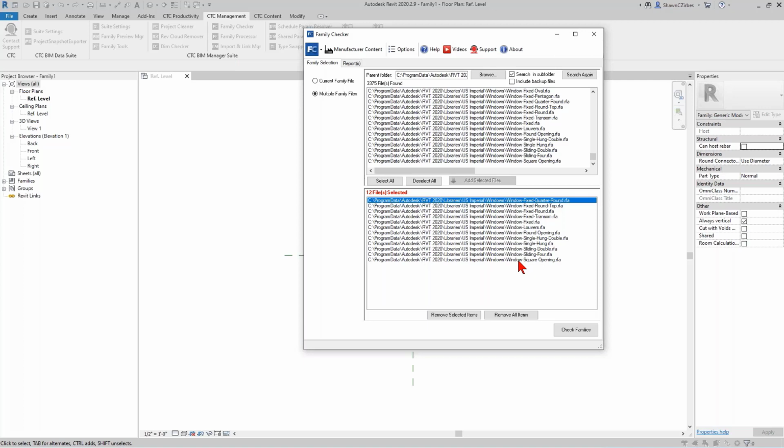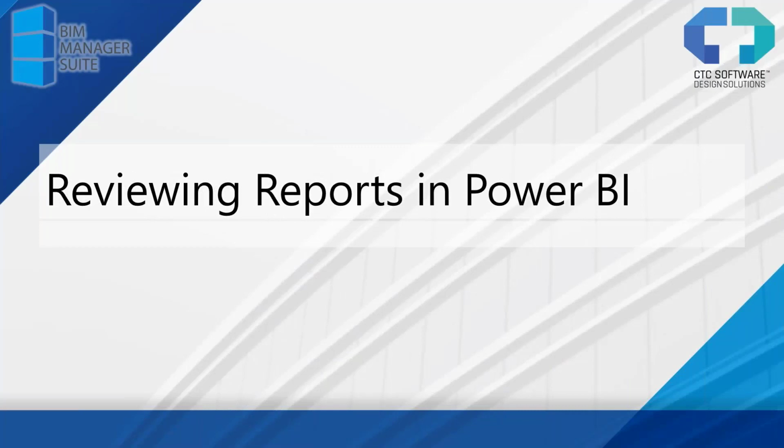It checks whether there are different detail levels in plan views and 3D views, and whether the geometry is actually visible in all views or not at all detail levels. It checks to see whether the family flexes up and down 10% correctly without any errors. It checks a lot of stuff. There's about a 40 to 50 point check that it goes through on these families, and then it ultimately enters that into a scored row. So instead of me hitting check families and having it run through, 60 seconds to 90 seconds per family, we're going to skip this step and take a look at reviewing some reports here,